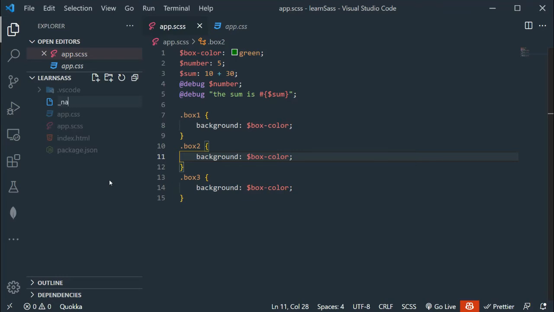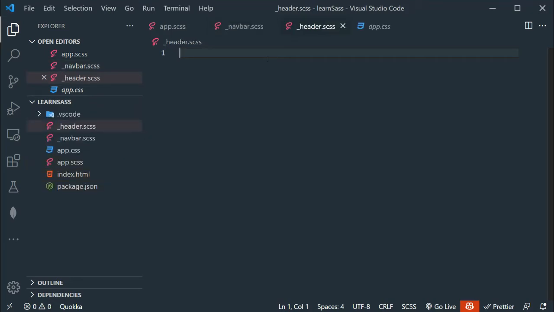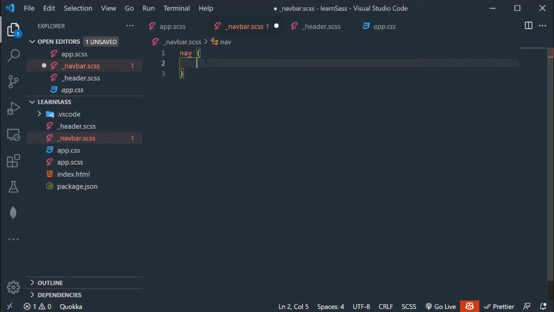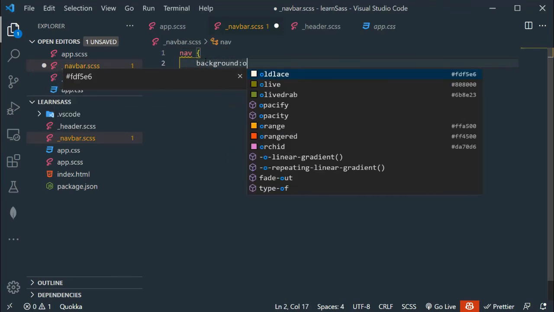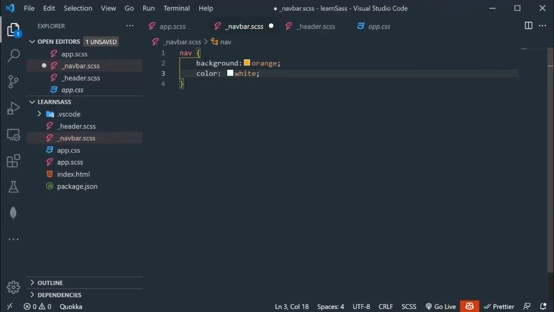So let's say _navbar.scss. Now again a new file, underscore header.scss. Now go to navbar.scss. Now I am going to target the nav selector and this will have background orange, color white.